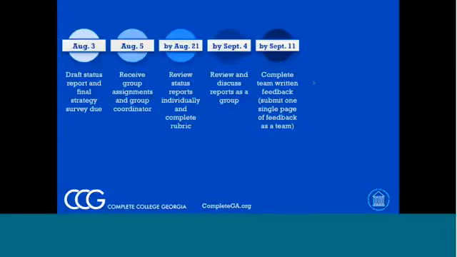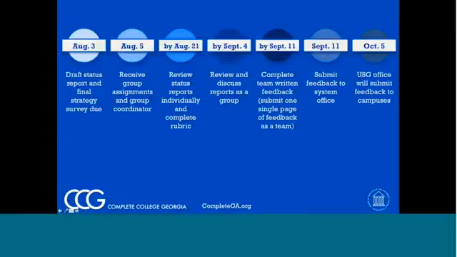The next step in the process is that when that submission comes in on the 11th, we will submit that feedback back to campuses. We'll assemble it, collate it, consolidate it, and send it back to campuses, and that puts them on schedule to do any revisions that need to be done and get it back to us for submission to the governor's office. If you do have questions in the follow-up, my phone number and my email are both there.